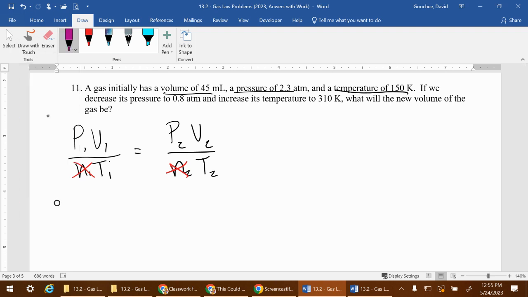The initial pressure was 2.3 atmospheres. The initial volume was 45 milliliters. All right, right there. The initial temperature was 150 Kelvin. All right, I don't have to convert that. Fantastic. It's already in Kelvin. Now that's equal to the new pressure of 0.8 atmospheres